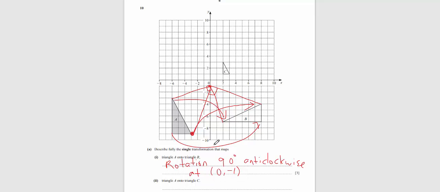And then let's look at triangle A onto triangle C. If you look at triangle A to triangle C, they actually get smaller, from A to C. So if they get smaller, then you know there's a reduction in the size of the shape. So then this one, the type of the transformation will be